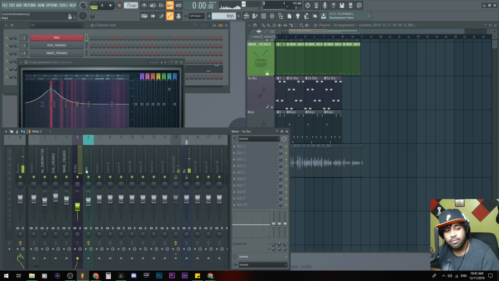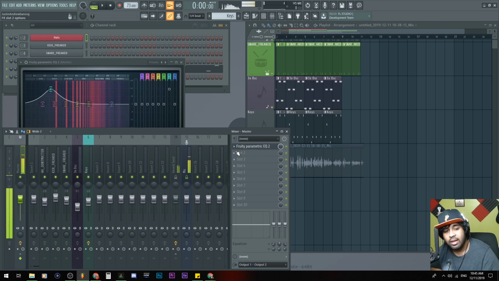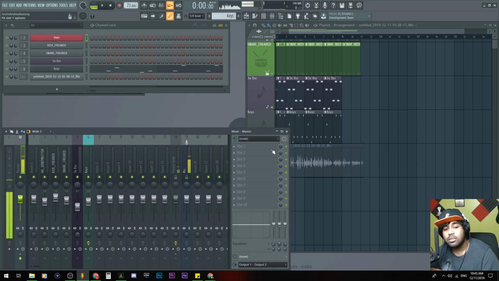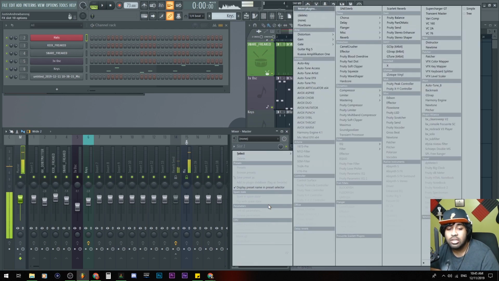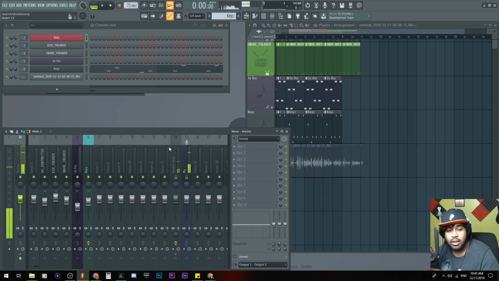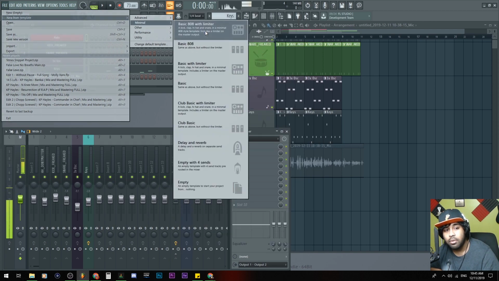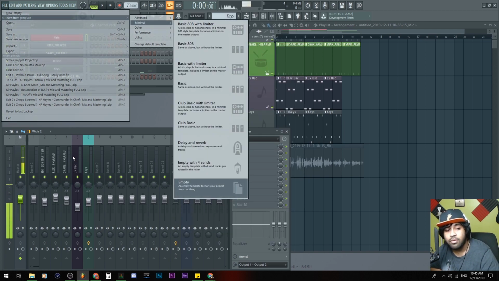Although in the bass there's no effects. That's because we have the effect in the master. And I'll delete that. So everything in the master will affect everything here. That's something you have to use for mastering. By default, you should have a limiter in there. If you don't want that limiter in there, you could go to File, New from Template, Minimal, Empty, and then you'll have no limiter in there.